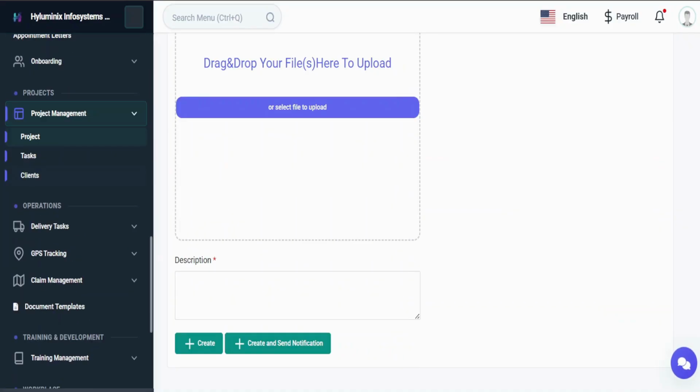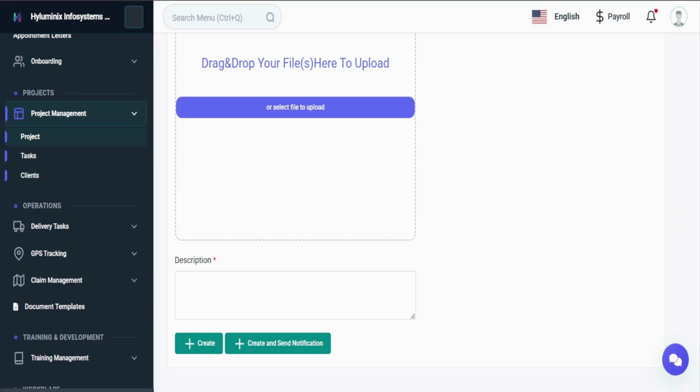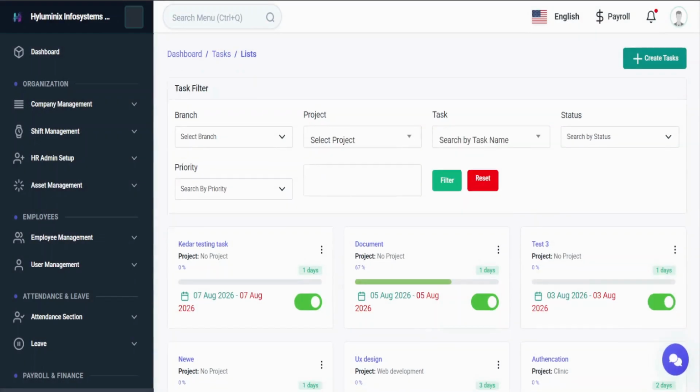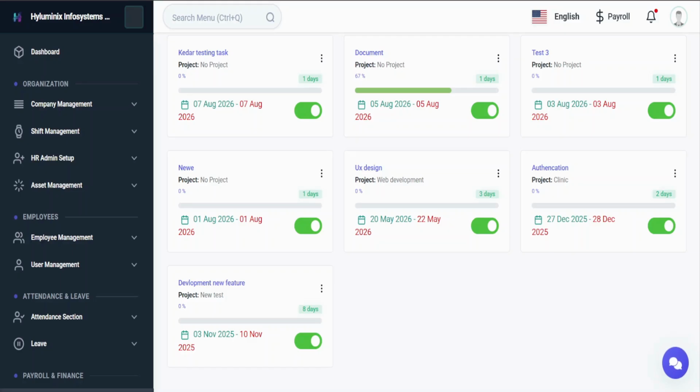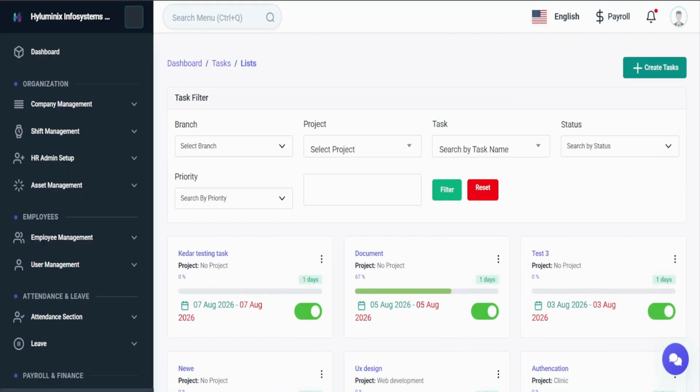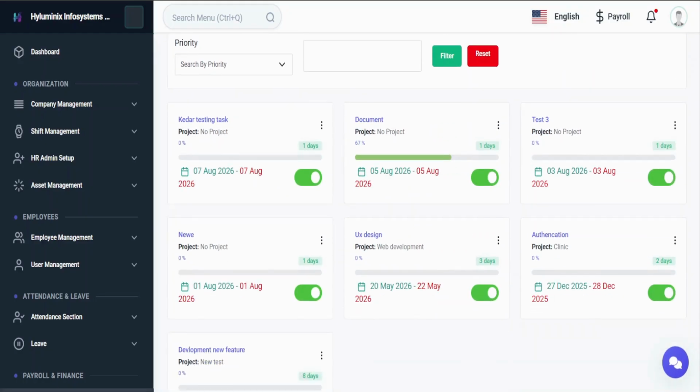Next is tasks. Here, we can look into the specific tasks of any project. For example, if there is a banking application project, the entire app won't be built by just one single team. The UI part will be handled by one team, the UX part by another, and other individual tasks will be managed by different teams. This section allows us to see those exact breakdowns.